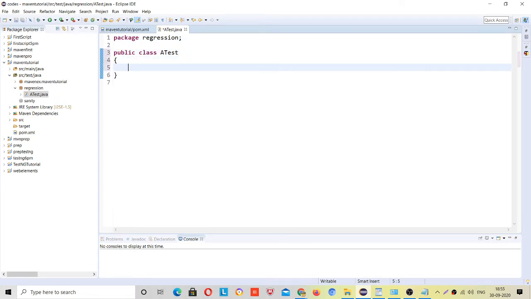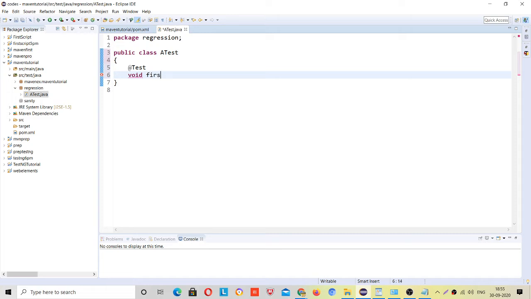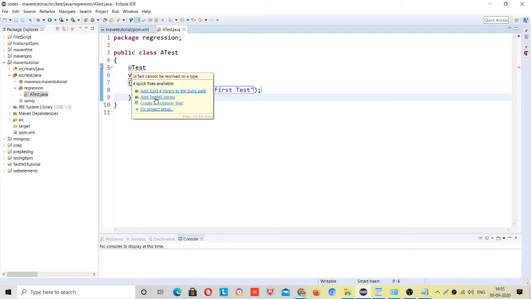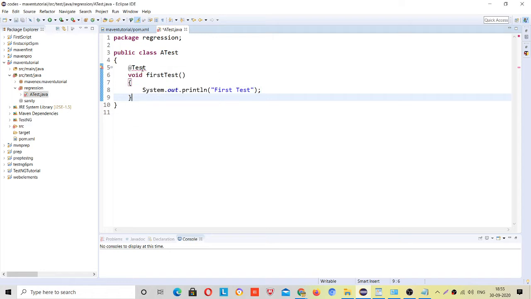Now similarly I have to add the @Test annotation, because we are writing a TestNG test, right? So here, yesterday I already included that plugin, right? Once you add @Test, go here and add the TestNG library, then go again.